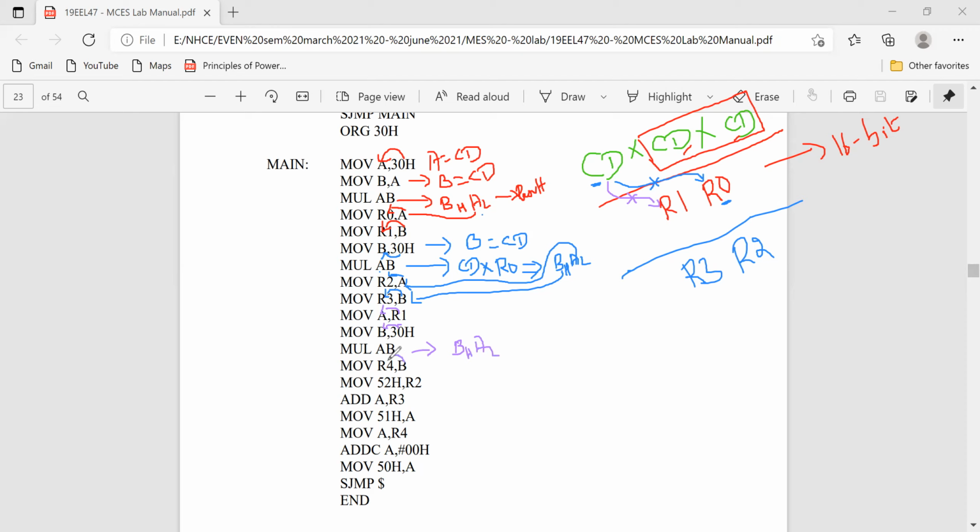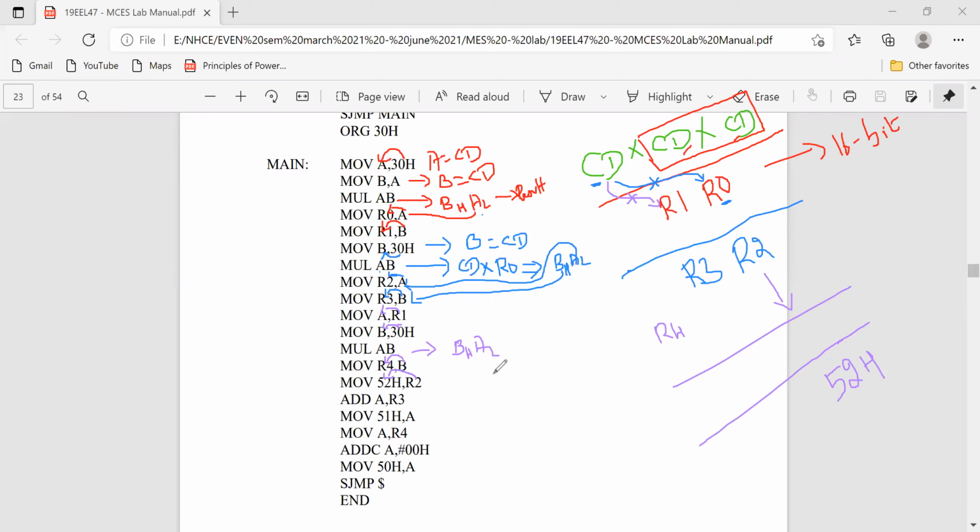This B is moved to R4. Now I'm keeping it here in R4. And R2 is moved to 52H location.